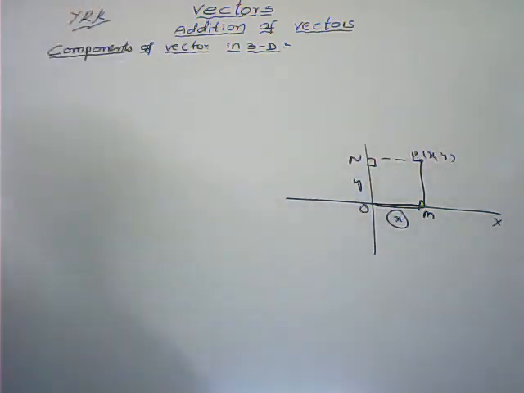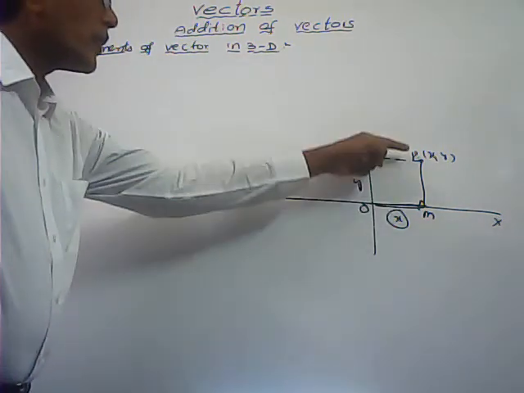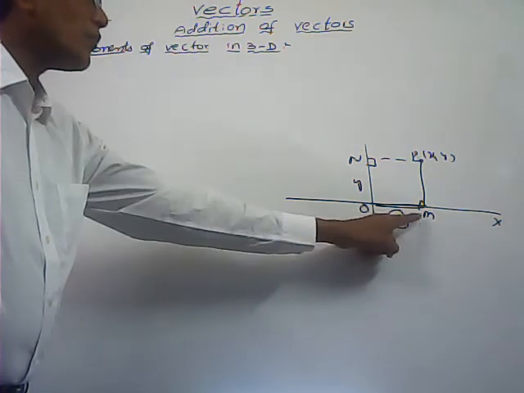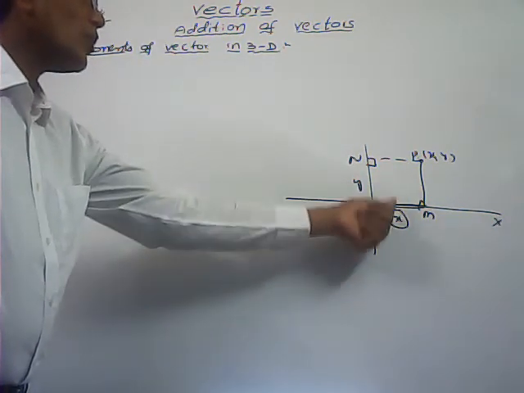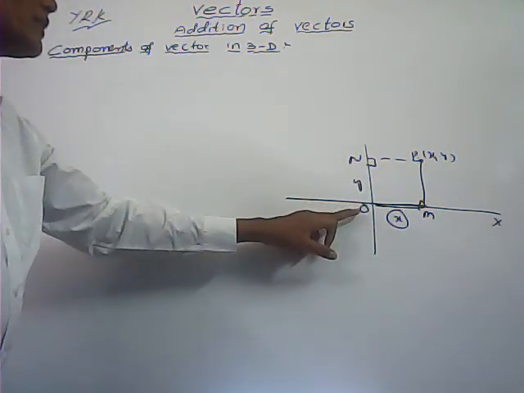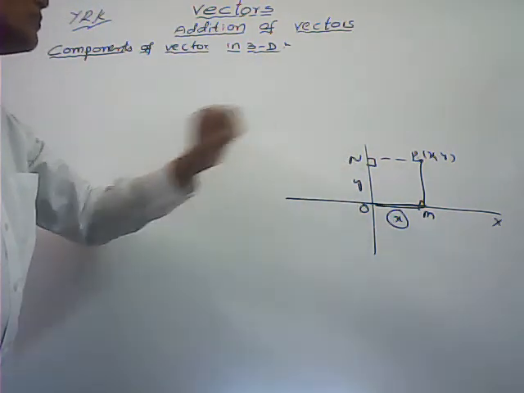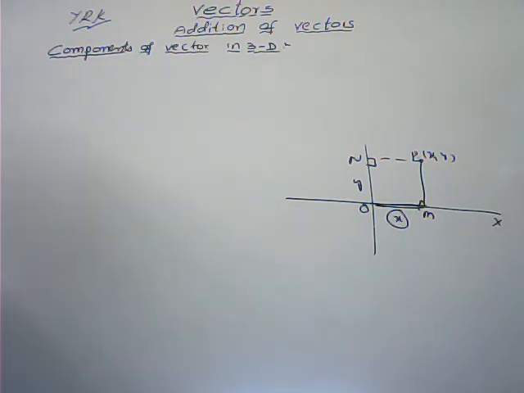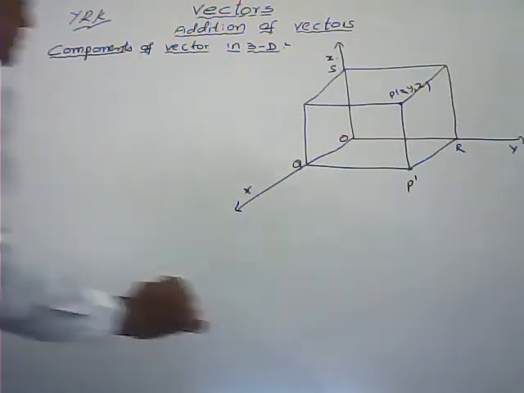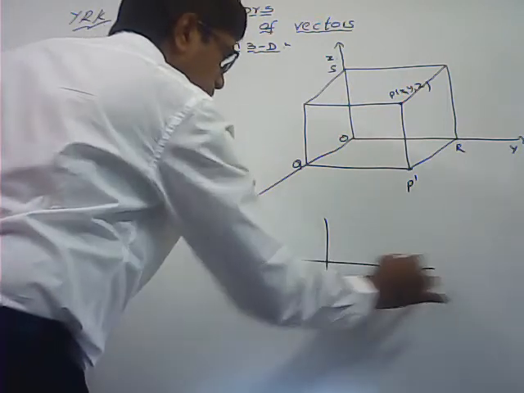If I take it in the first quadrant, both are positive only. So if I draw the perpendicular to the x-axis, the distance from O to the foot of the perpendicular is the x coordinate only. If I draw the perpendicular to the y-axis, the distance from the origin to the foot of the perpendicular we say is the y coordinate. Here I am applying the same concept in space also. In two-dimensional geometry, one more thing I am going to explain.